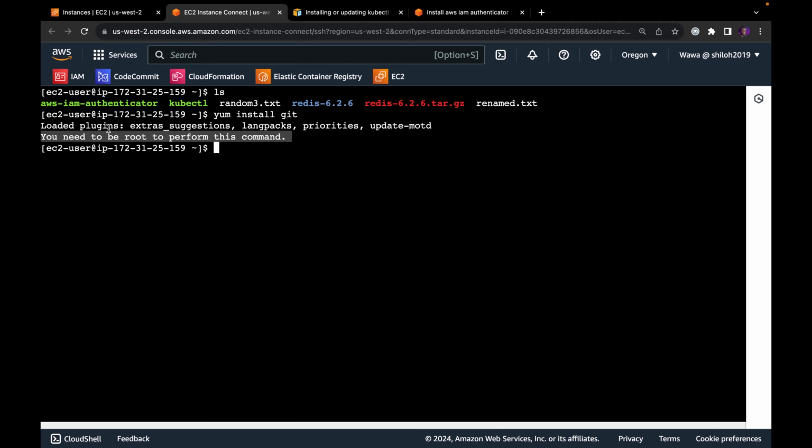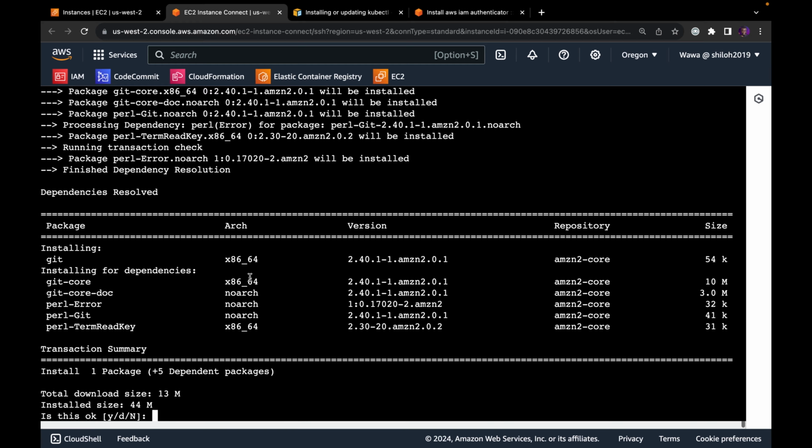If you see this when you're trying to install a package, you need to use the permission. You need to give this EC2 user permissions, and for you to do that, we use the word sudo. We are going to see this when we get into file permissions. So once you see this, you need to be root to perform this command, or maybe you see permission denied, you need to get into the root, or you need to use sudo to give this EC2 user permissions. We are going to see this when you look at file and user permissions. So for us to install Git, we do sudo yum install git,